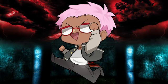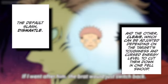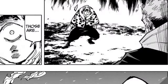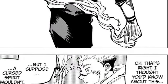Kind of. You see, throughout the whole series, we've never seen Sukuna's innate technique. Dismantle and cleave, the two main attacks we've seen from him, are no more than an application of his curse energy. In chapter 115, Sukuna showed off some weird, unknown fire ability while fighting Gojo, which got the theorists spiraling